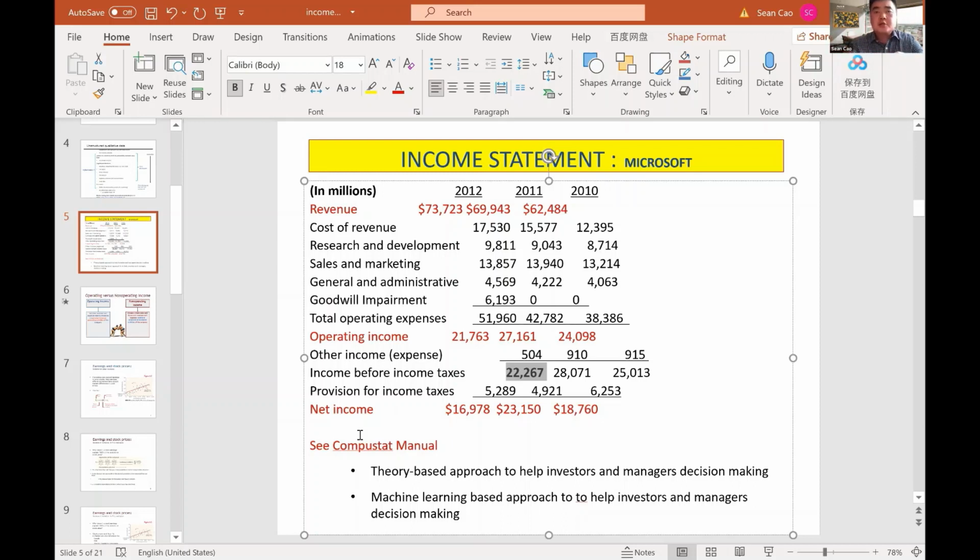Let me talk about the two approaches side by side so you can see the idea behind them. What is an example of the theory-driven approach? What I just talked about is a theory-driven approach. I told you the income from the primary business is more persistent than side business income. So we prefer firms whose income is mostly from the primary business, not the side business. That's a theory-driven approach because I have the theory in my mind: I think the primary business will persist more than the side business. So I prefer